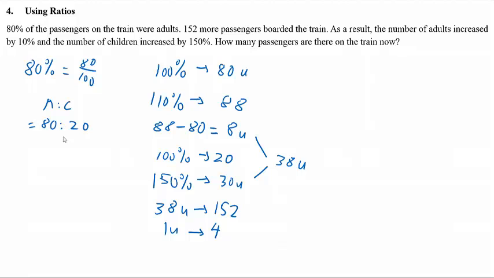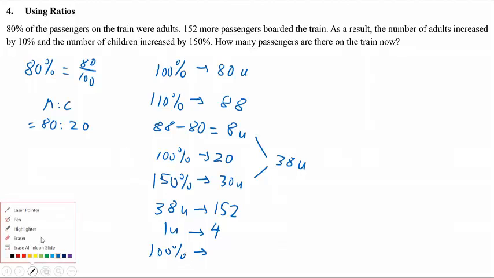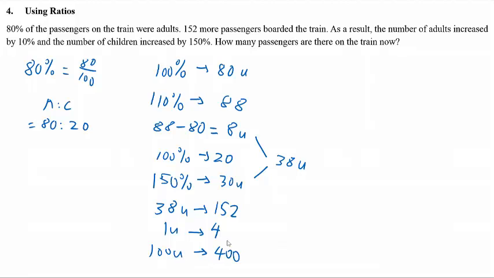Not at the beginning. Okay, so after the increase, we will have a total of 400 units plus 152 units. How do you get before that, let's find 100% first. Not 100%, we need to find 100 units, because I want to find the beginning number of people, right? So I find 100 units first. So 100 units will be 400 people at the start. And since we know that 152 people joined, so 400 plus 152,